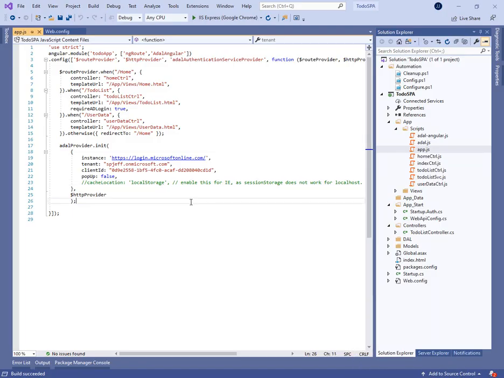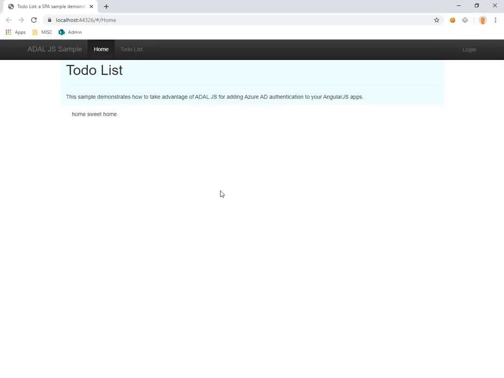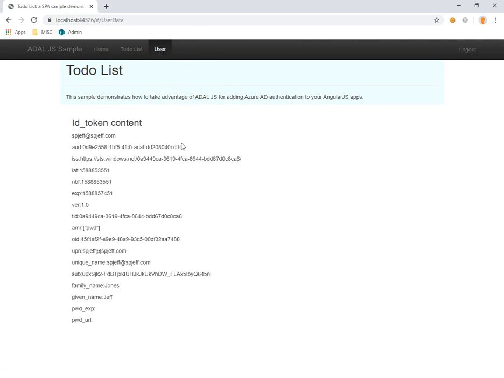Back over on the Visual Studio side, we can build the project and hit F5 to run. Here we see our application coming up. We are on the home route. It says Home Sweet Home, and we have a login button in the top right. We'll go ahead and click Login, and that should do an OAuth flow. And now we see a new route available called User. If we navigate into User,